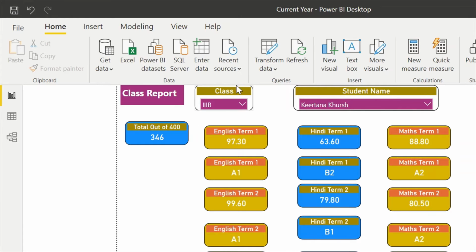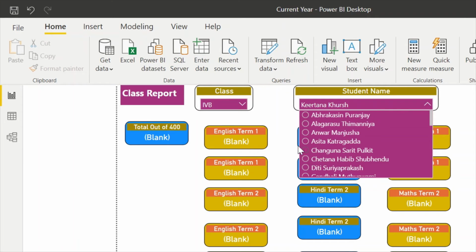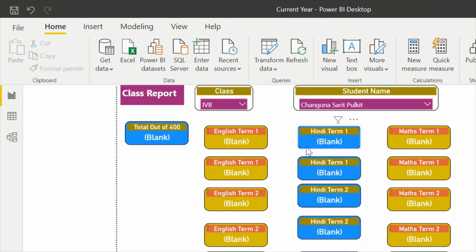And this is the class. It will be useful for filtering the students. So if we are going to search for a student in 4th B, it will be selected here, and the corresponding students will be listed here. We can choose any particular student in that class.